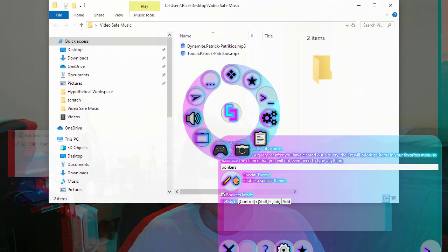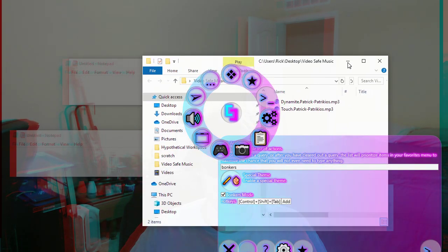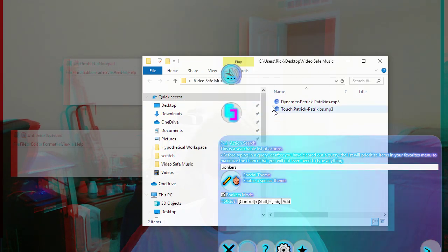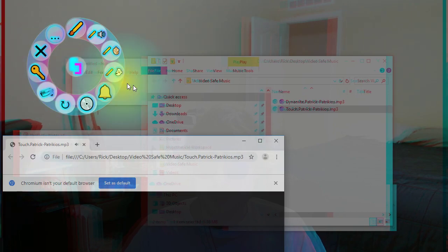Let's take the music and put that on again. So we'll go back and get this other song from Patricios. And let's see. We'll go ahead and open up the sound visualizer, and we'll put this on. And is it playing? I don't know. Oh yeah, it's playing. So now we've got music going, we've got 3D going. Let's see. Get this action search out of the way. Open up the